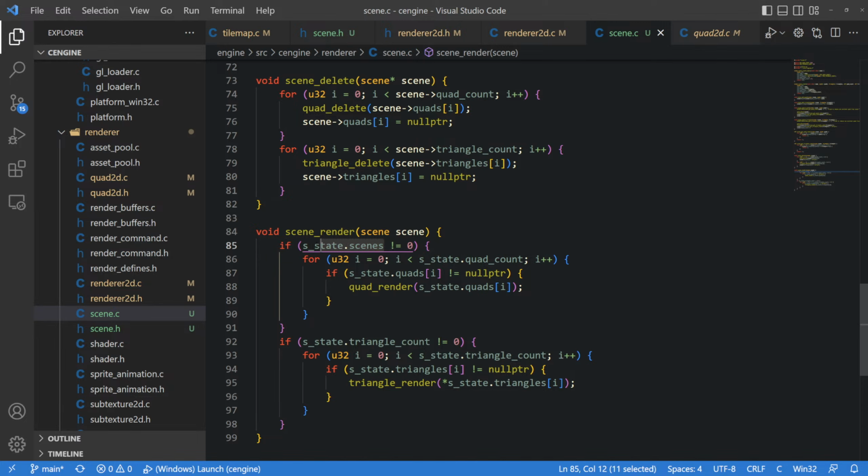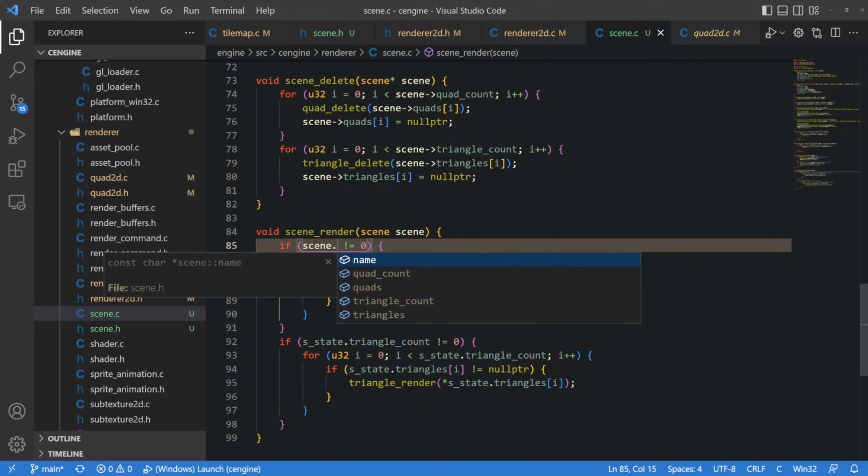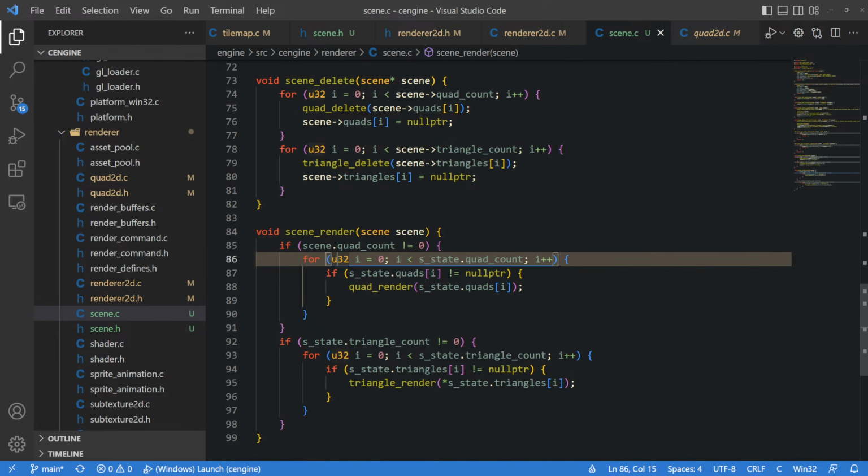Okay, so if a state.scenes, yeah, if scene.quad count not equals 0,